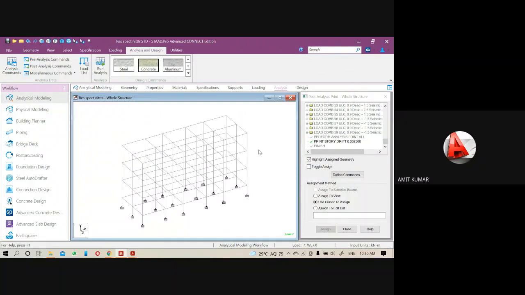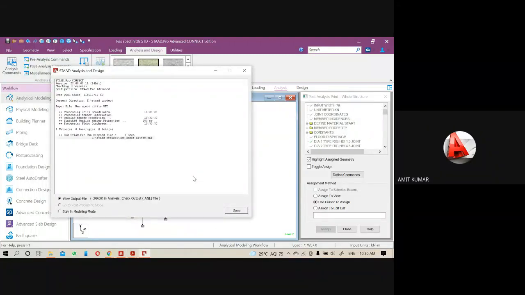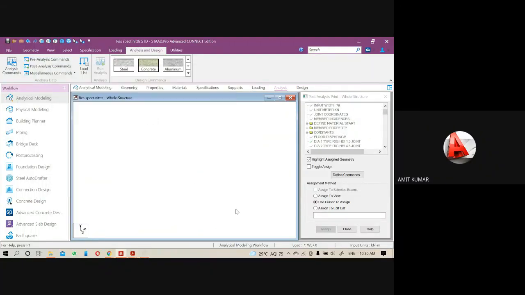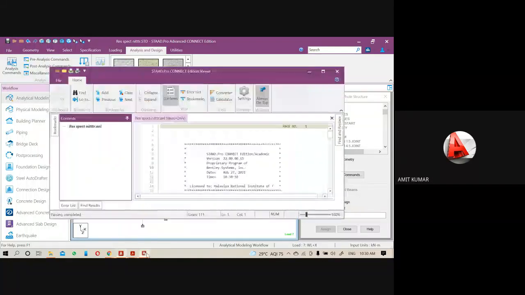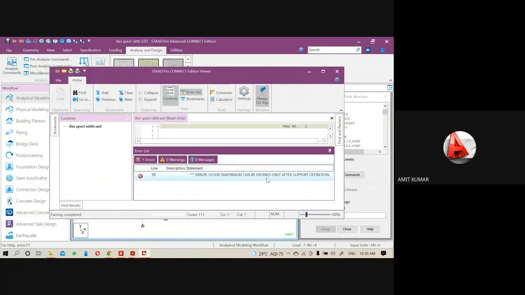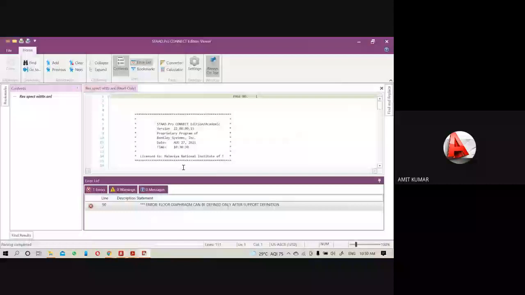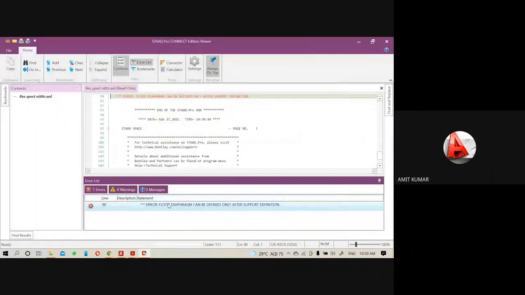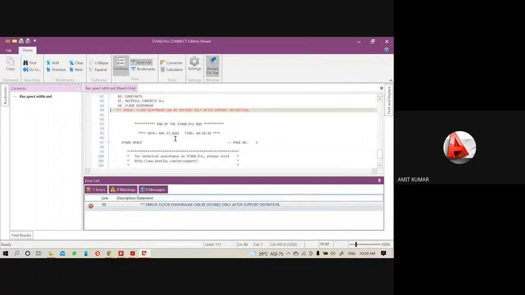Now going to analyze it, and when I run the analysis, most probably I will get one error, and I will explain. Sometimes we can't recognize the meaning of the error type.